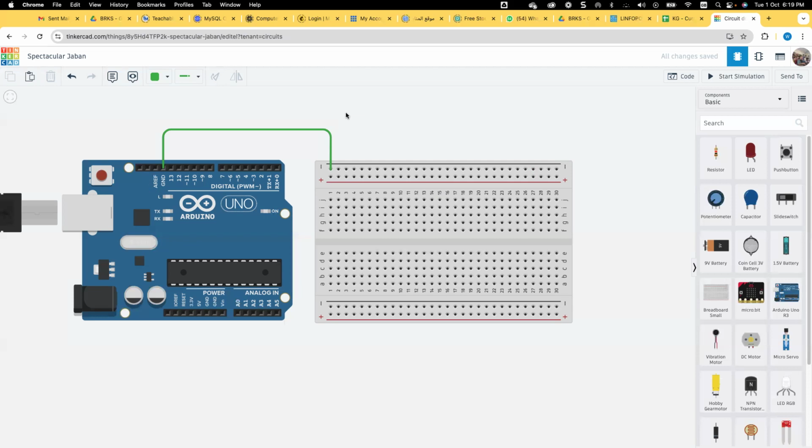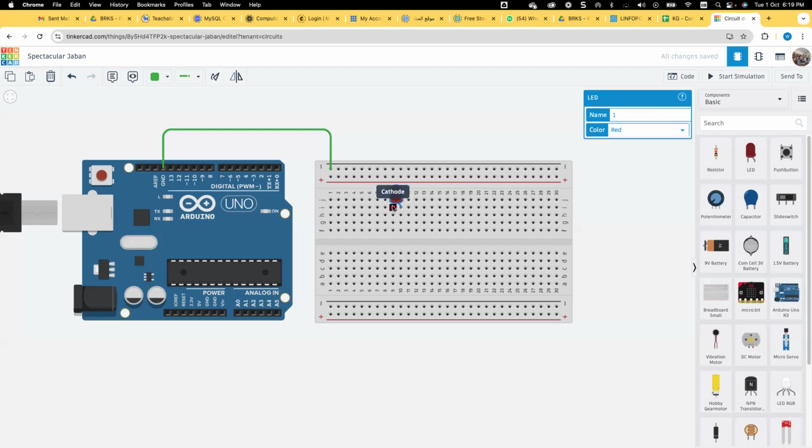So now if I take one LED, as you can see, the LED has two legs, which are the cathode and the anode. I can take my LED and place it wherever I want on the breadboard.